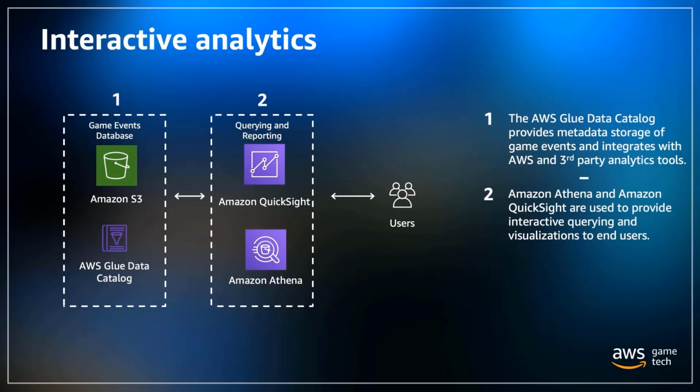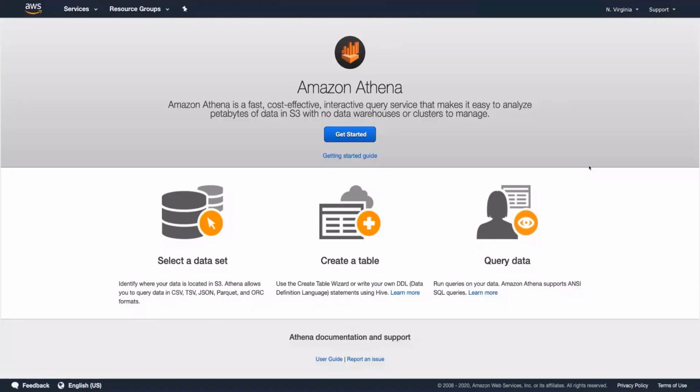So now let's take a look at what it looks like in the AWS console. So now let's take a look at what this visualization and reporting actually looks like in the AWS Management Console. So let's start with Amazon Athena, again, which is our interactive query service that makes it easy to analyze our data sitting in Amazon S3. So if you click Get Started,